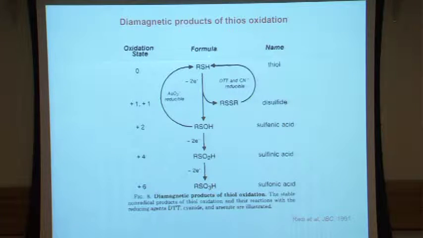So, oxidized thiols can evolve to disulfides, and to sulfenic acids. Sulfenic acids are in general not very stable, but in a few proteins they are stable. Sulfenic acid can evolve to sulfinic acids, and sulfinic acid can evolve to sulfonic acids. All of these can be measured in biology, and as we move from the thiol to the sulfonic acid, we are moving from reduction to oxidation, and in general, the more oxidized you are, the worse the protein function